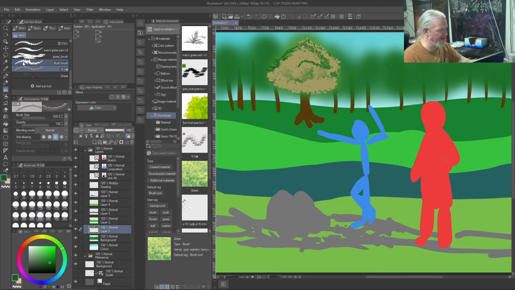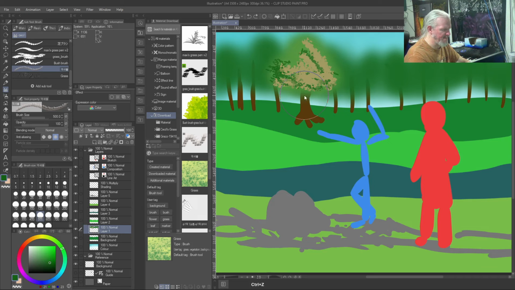Okay, let's come down here to this one and see how that one comes across. That one is definitely... I'm not sure how I feel about that. I don't know how I feel about that bush brush. I'll mess with it some more and see what I come up with. But for the moment,